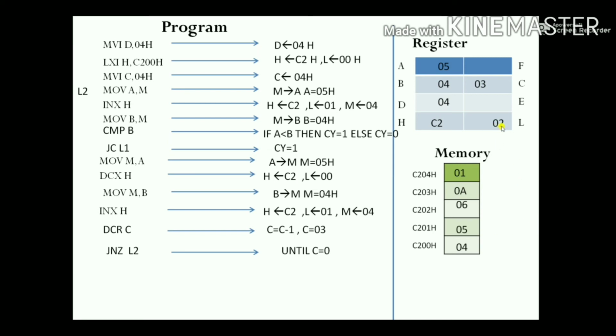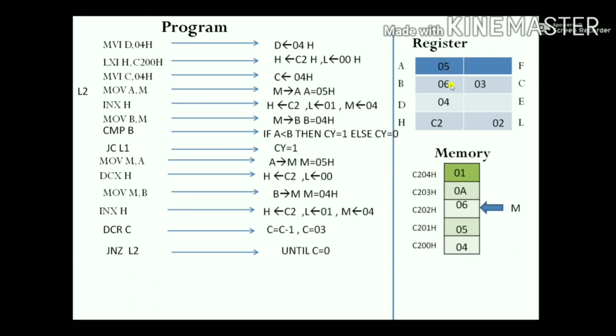After this, memory will be pointing to C202H, and in memory we will have the content 06. The accumulator has 05. From memory we take the content into the B register. So now register B will have the content 06.